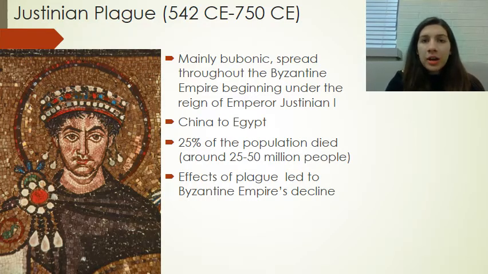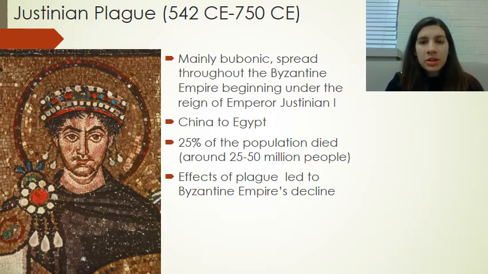It was mainly bubonic, but a couple of septicemic and pneumonic cases were also in there, and it spread throughout the Byzantine Empire, beginning under the reign of Emperor Justinian I, as pictured in this photo. Its origins were in China, and it spread beginning in Egypt of the Byzantine Empire. It spread north to Alexandria and east to Palestine, and many people tried to recover from it with physicians and